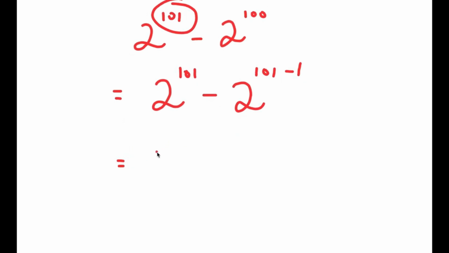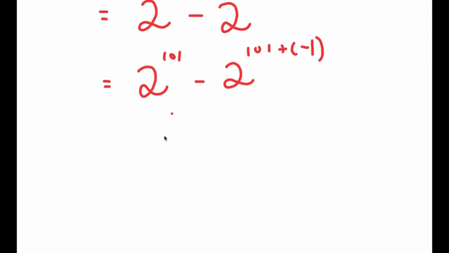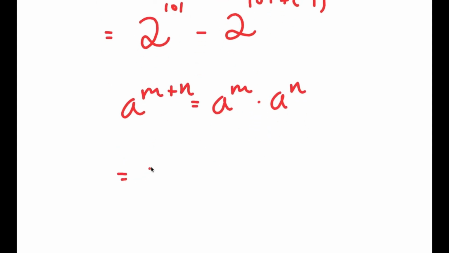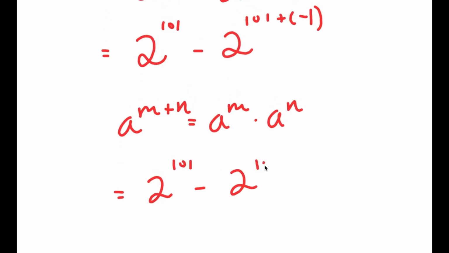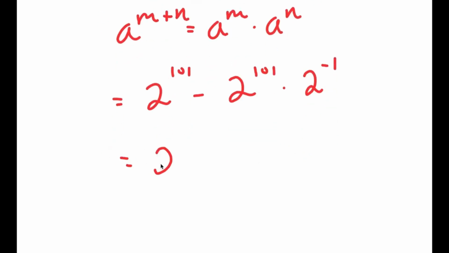And this is the same thing as 2 to the power of 101 minus 2 to the power of 101 plus negative 1. Now, if I use that property again that states that a to the power of m plus n is equal to a to the power of m times a to the power of n, I get 2 to the power of 101 minus 2 to the power of 101 times 2 to the power of negative 1. And now if I factor out 2 to the power of 101, I get 2 to the power of